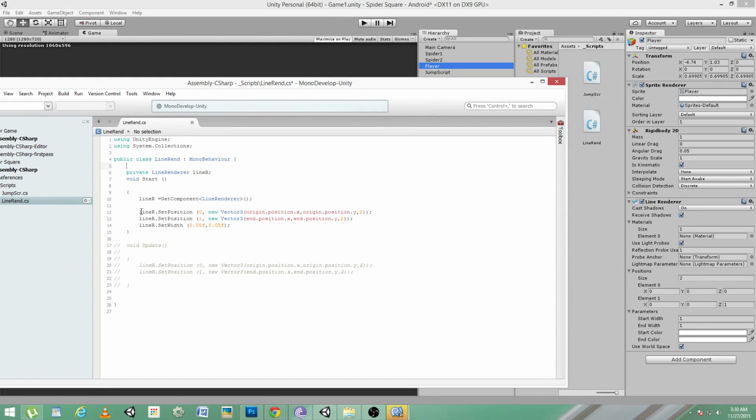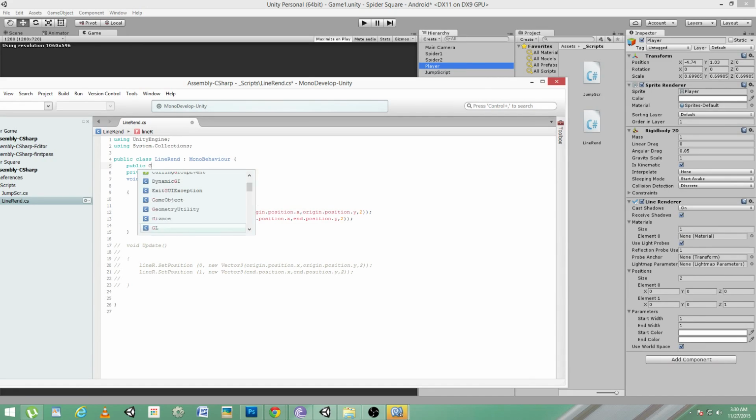And I am giving lineR.SetPosition 0 to new Vector. I'll remove it as origin. Yeah, no problem, let it be, put it as origin. Origin is our player,